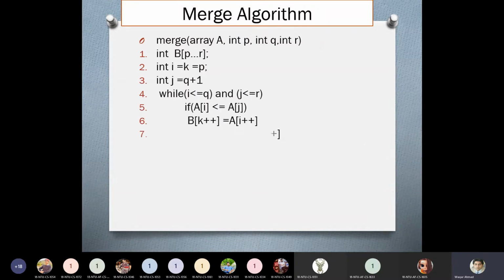First, we perform a loop. In this loop, we compare the first element of the first or left subarray with the first element of the right subarray.